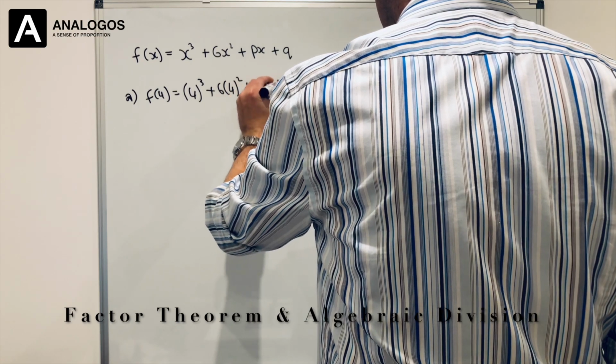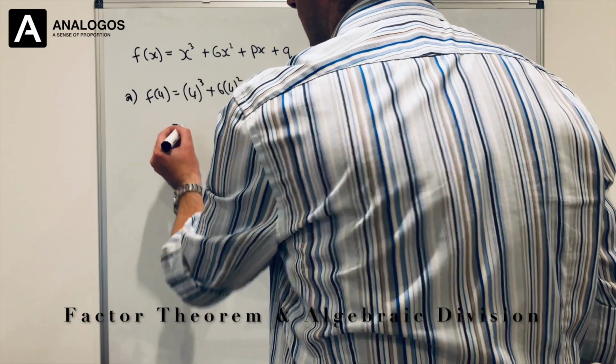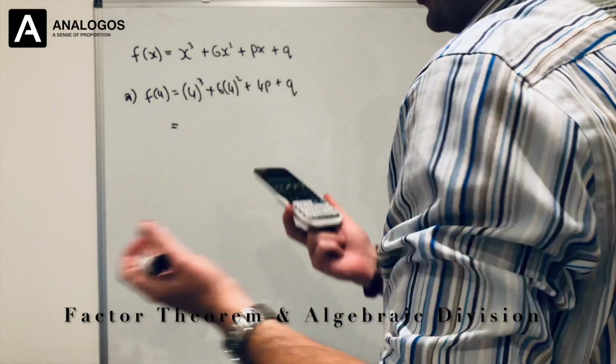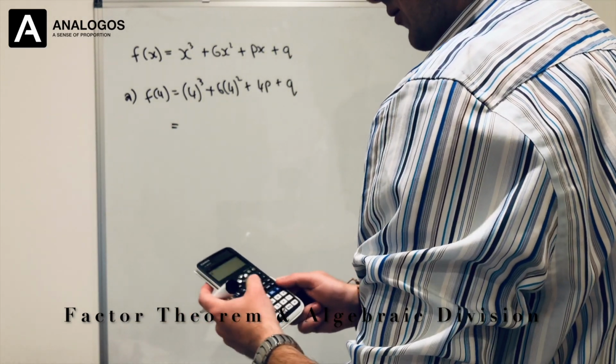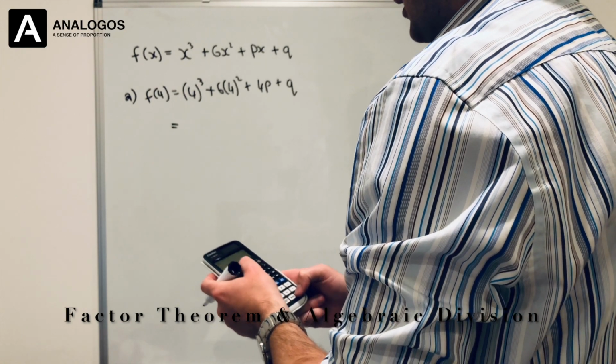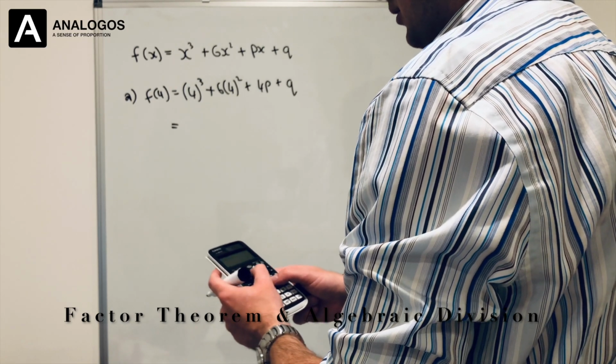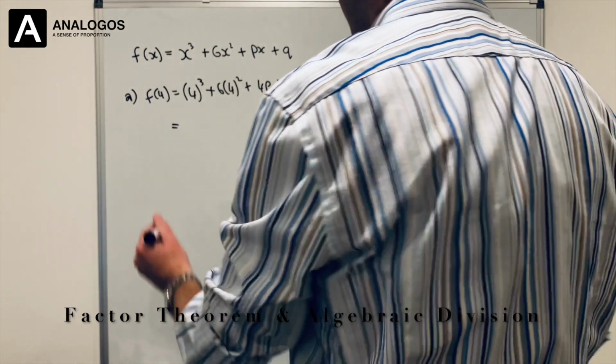it's going to be 4 cubed plus 6 times 4 squared plus 4p plus q. Okay, so you might not need the calculator for this, but I would just get in the habit of using it anyway. You'll have your calculator with you just to avoid any human error. I would just double check. So you get 4 cubed plus 6 times 4 squared,